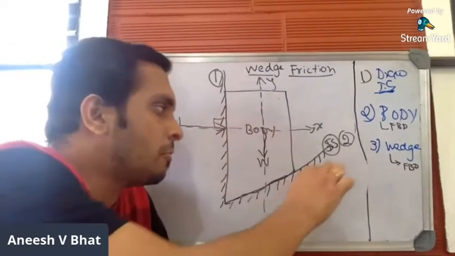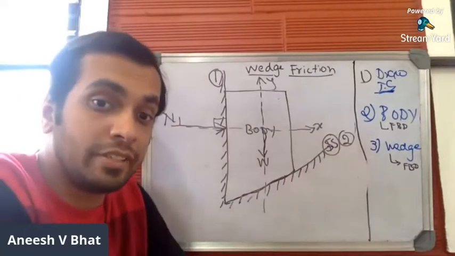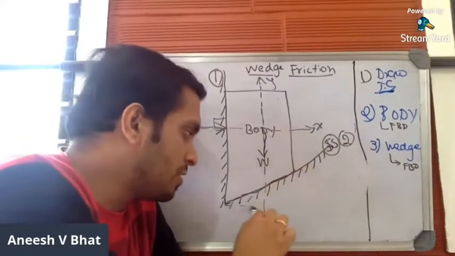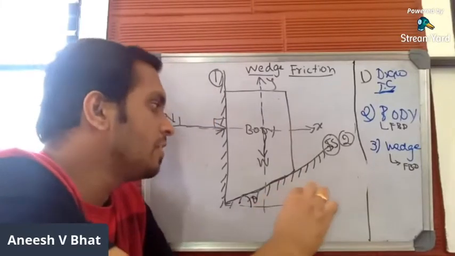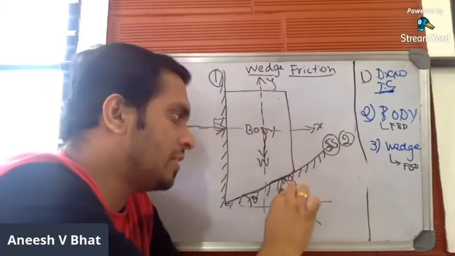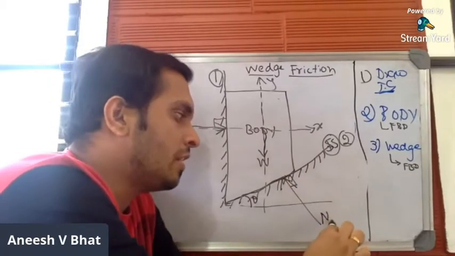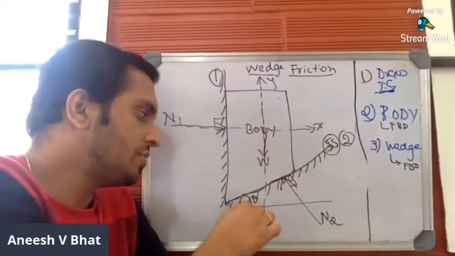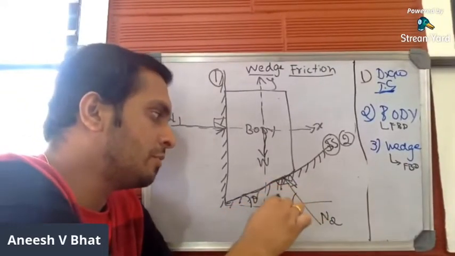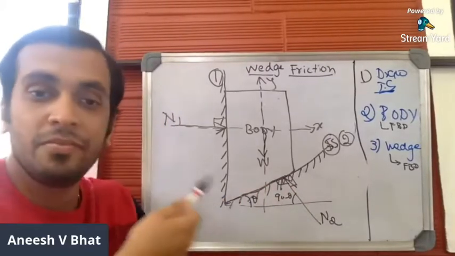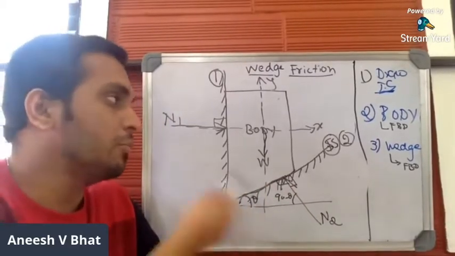And normal reaction will be offered by the second surface as well, the imaginary surface. So normal reaction, as you know, if this is theta, should always be perpendicular to the surface, directed towards the body, and this will be normal reaction N2. If this is theta and this will be 90, this will be 90 minus theta. So you have marked normal reaction offered by both the bodies.